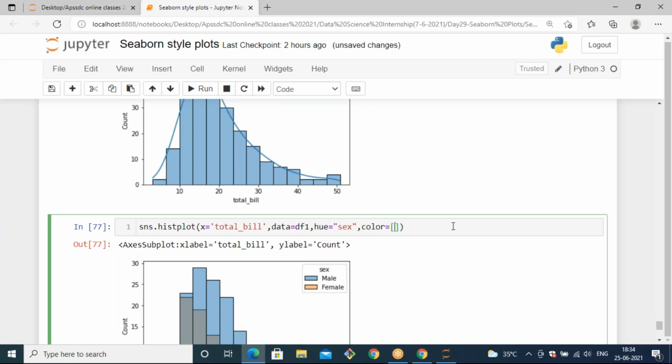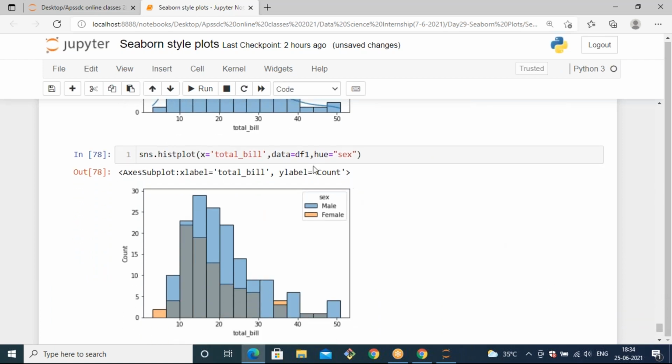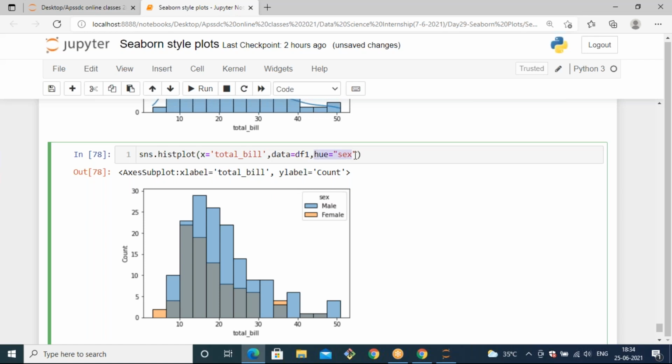In the backend, when you use hue parameter, it will by default generate those colors, I think, because in the signature window, you can see when you use hue parameter, based on that hue, it will by default generate the colors which come from the matplotlib cycle. Other than using hue, you can change the color, I think. Let's discuss that tomorrow.